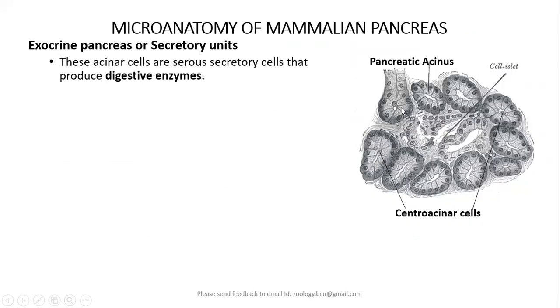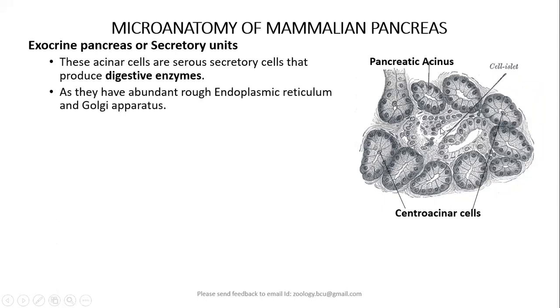As you see here, these acinar cells are secretory cells and they secrete serous fluid. Serous fluid means more of a liquid fluid which has less mucus but more of secretory juices containing the digestive enzymes. So they produce serous or more watery liquid rich with the digestive enzymes.